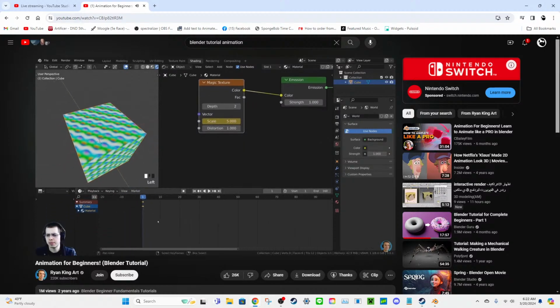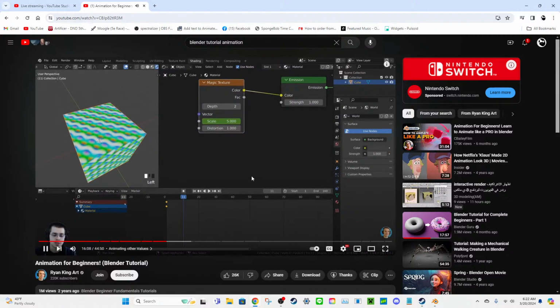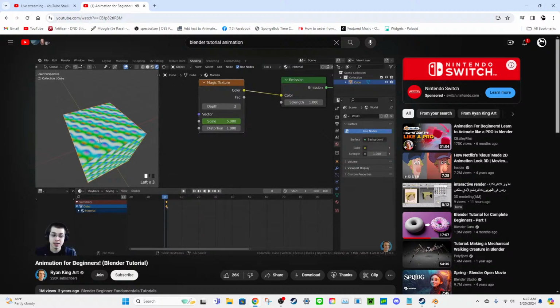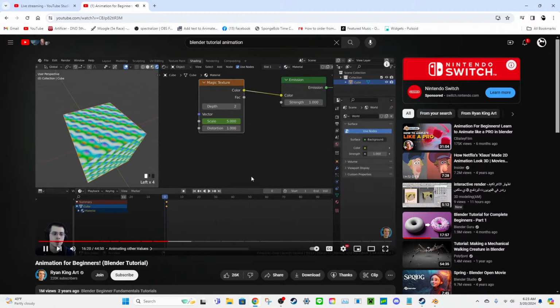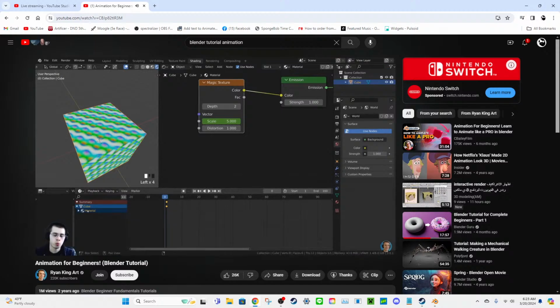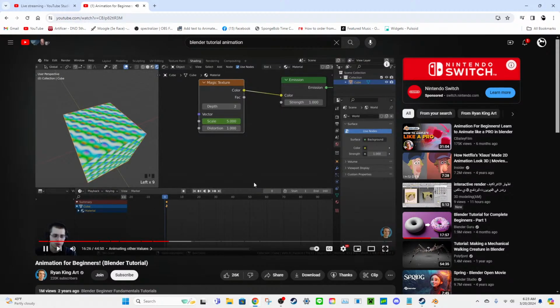Now you may notice something, and that is that there are 2 keyframes, and so this is Blender telling you that there is a keyframe on the cube, but there is also a keyframe on the material. So if you don't see this little thing right here, you can kind of click and drag to pull it out. It might be closed, but you can just click on that arrow and drag it out. And so this is basically going to tell you where there are keyframes on the different parts of the object. So we have one keyframe here because this is the keyframe on the cube, but then right down here, it's going to tell you that there's a keyframe for the material, and it's also going to show you the